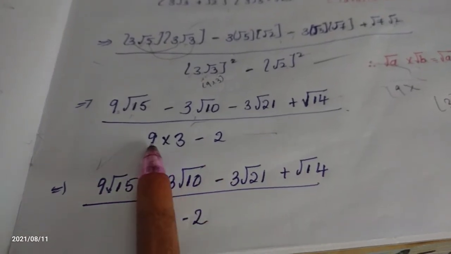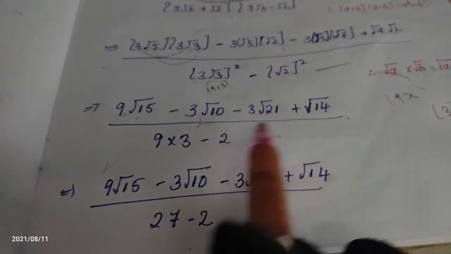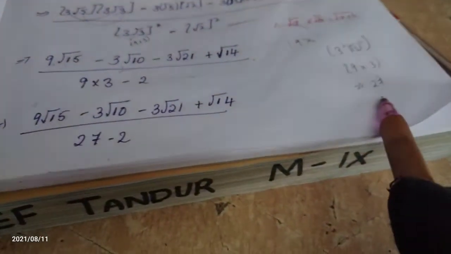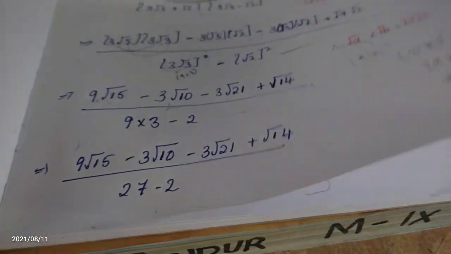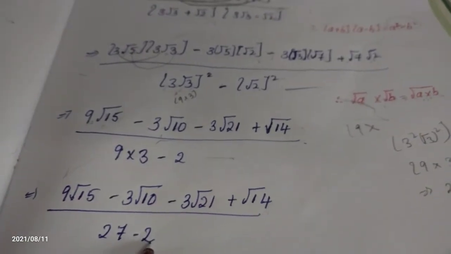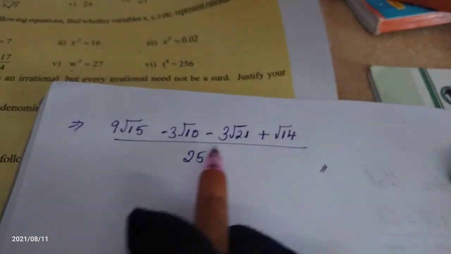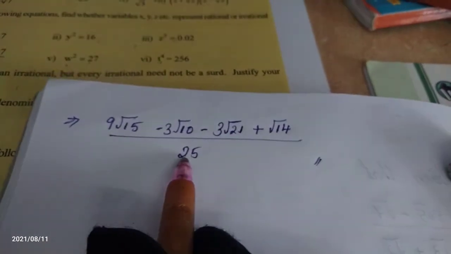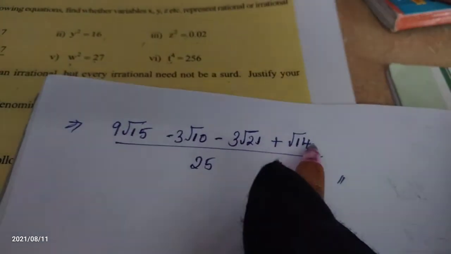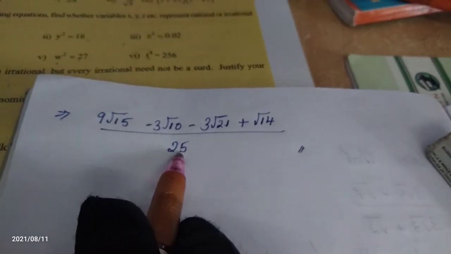I am writing 9 3s are 27 minus 2. Up to that clear? Here the denominator is as it is. Just see this value we are finding here. What do we get? 27. On the next step, 27 minus 2 is 25. The whole RHS is done. This is as it is. 27 minus 2 is 25. This is your answer. We cannot do anything with the numerator, that's why we are writing it as it is. This is your answer. Come to the next problem.